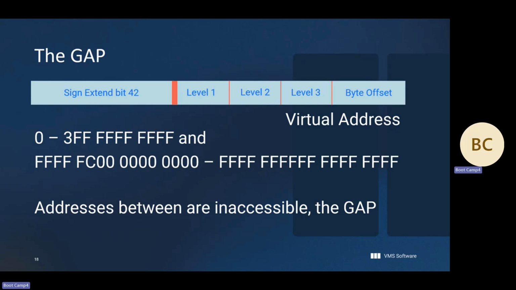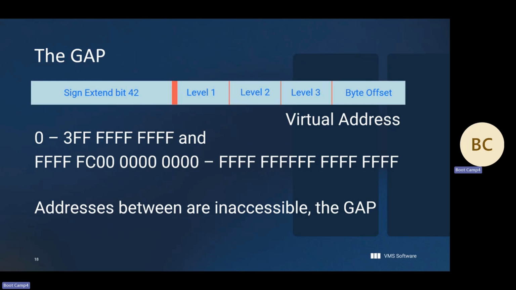So the virtual address has 43 bits from 0 to 42, and bit 42 must be sign extended. So there is this region 0 to 3FF, whatever it is, that's roughly the process space, and then FFFFFC, and so on, to the highest, which is roughly system space.